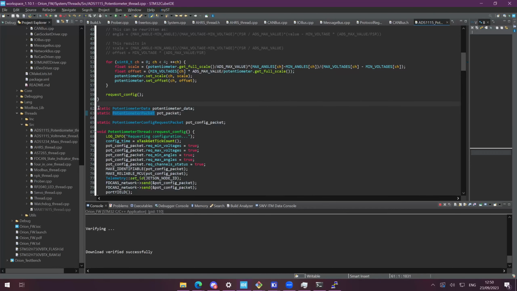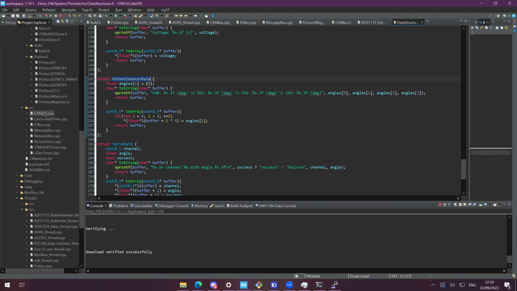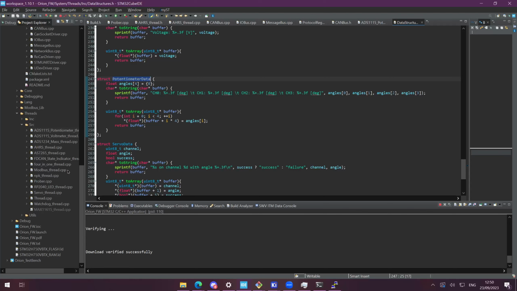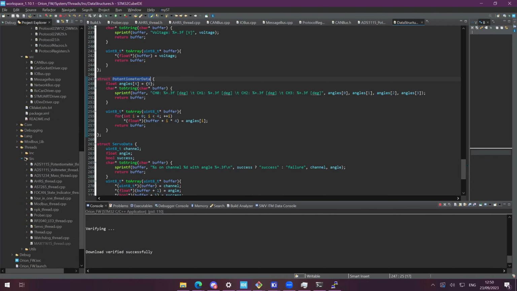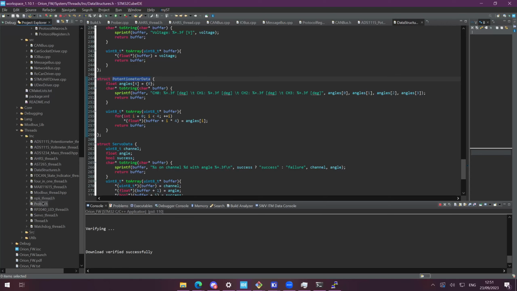We can also define here a potentiometer data structure. This is optional, and it is more a way to add more functions to the packet. So let me explain a bit more. Potentiometer data here is defined in the data structures file. This is not part of RoCo, but a local file that we're only using on the microcontroller and not on the Jetson. It is defined on the same level as the threads, in the include folder, and you will have the data structures here. So data structures.h. In this file, we just define